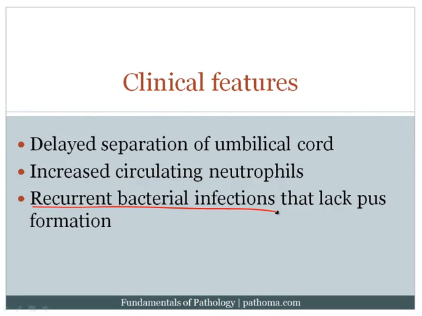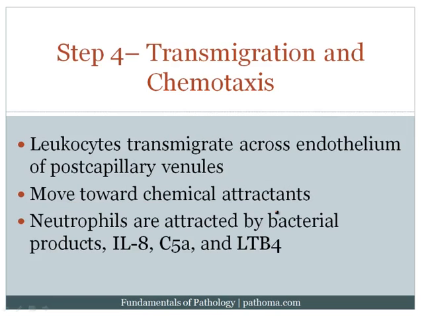And so if the patients can't get neutrophils into the tissue, they're not going to be able to form pus, so they'll get recurrent bacterial infections that particularly lack pus formation, and that's important as well. These are the three key clinical features when a patient is lacking integrins and therefore can't produce proper leukocyte adhesion. So let's go on to the next step in the arrival of neutrophils, and that is transmigration